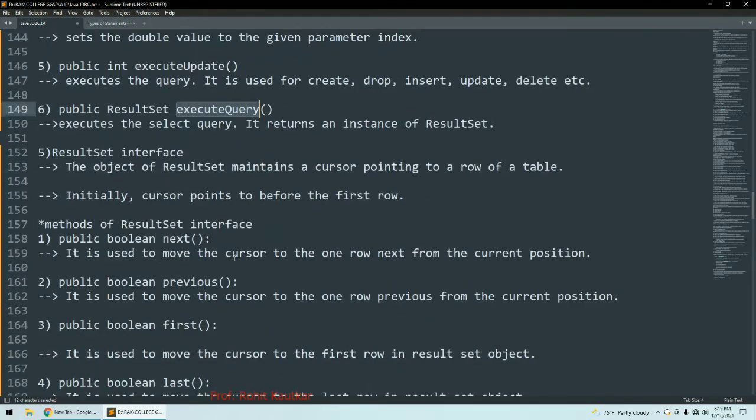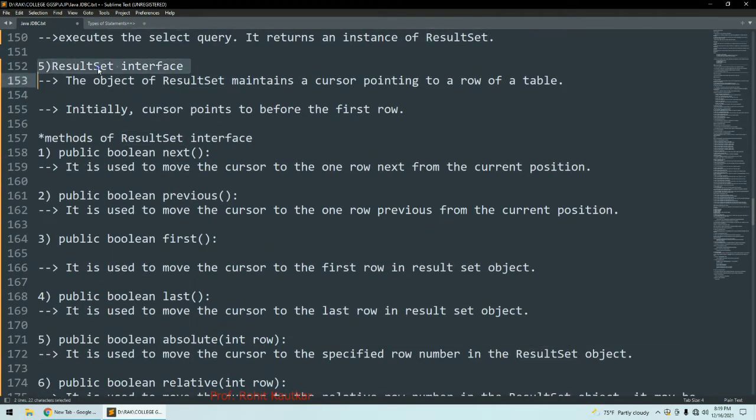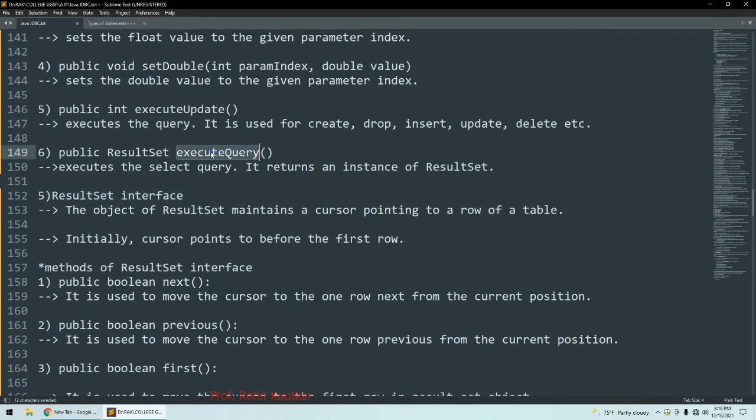Okay, then next interface we have result set interface. So result set interface is used for collecting the result which is written by select query. So if you observe, the return type of execute query is what? Result set. Why? Because this function is used for executing select query, and as you know, select query is used for retrieving data.